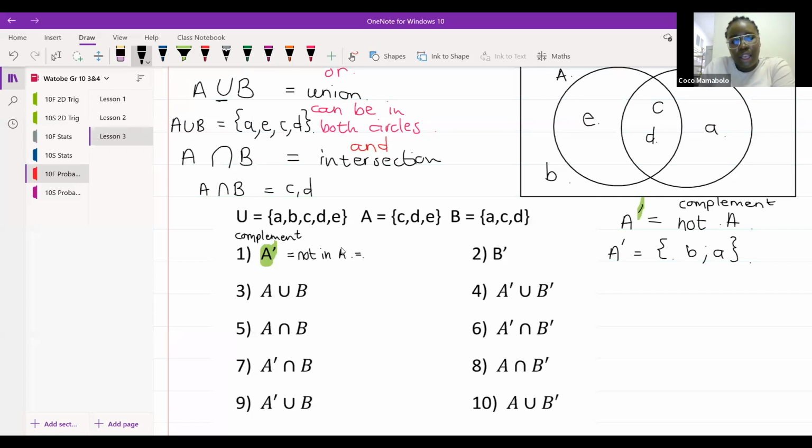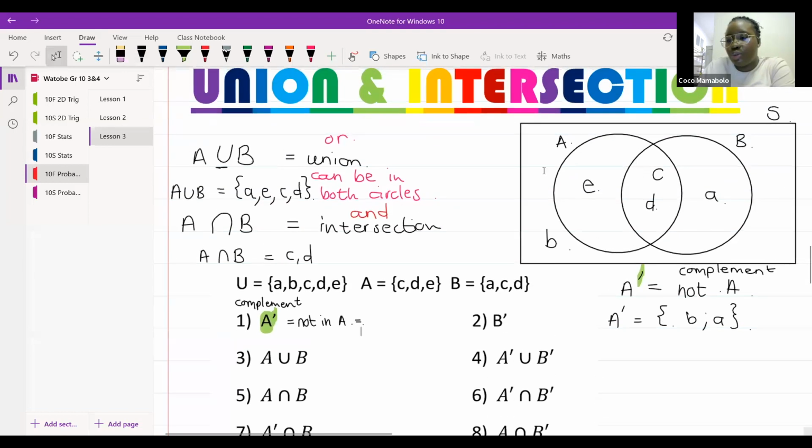Okay. Yes, ma'am. Which letters do not come up in the A subset? In the A circle, ma'am. Yes. Which values do not show up in the A circle? Which letters? A, ma'am, and A and B. Beautiful. Good. Okay. Before you go, Sinako, because I don't want to lose you, let's talk about the complement of